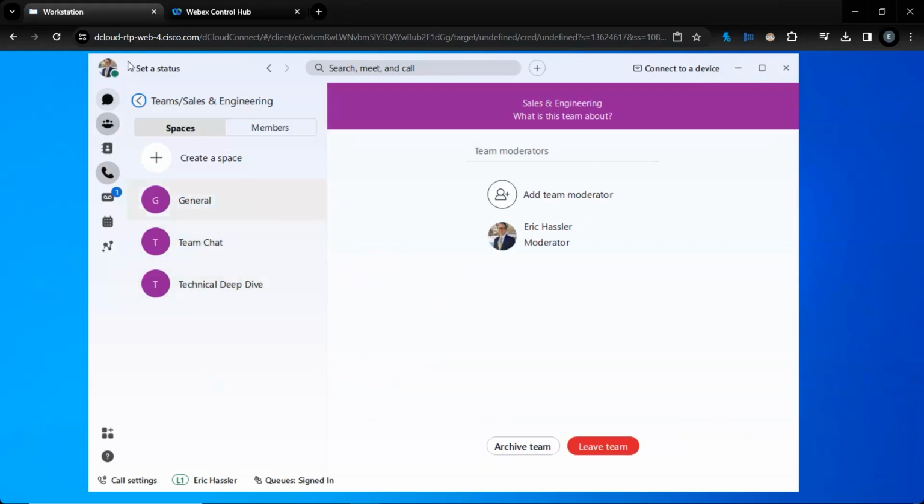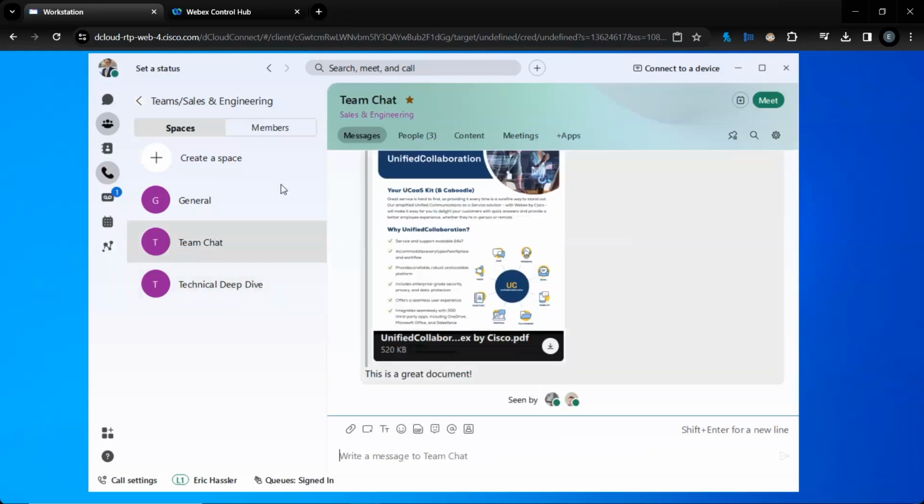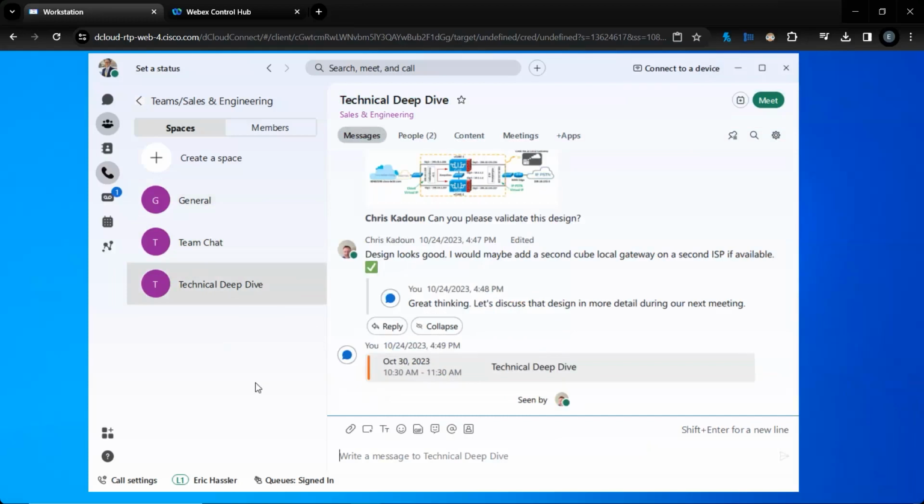Now, these do mirror some of the spaces that I had in my group chats in the previous section, but this allows me to organize those in a way where I can more easily define, this is a specific project or a specific customer that we're working on. Inside of there, I can have my team chat where I'm collaborating with everyone across my team, or maybe my technical team where it's just more specific individuals that are getting into a specific topic.